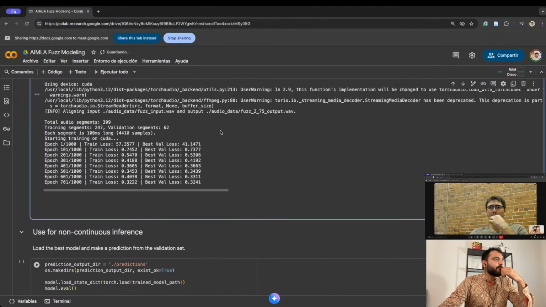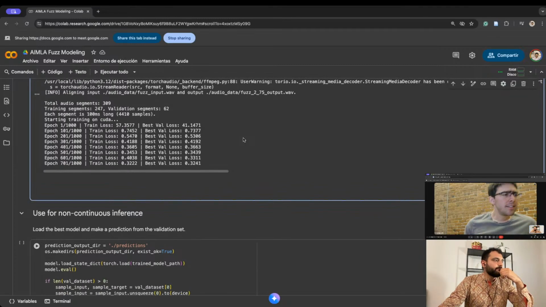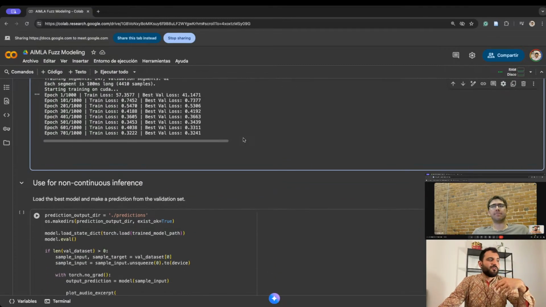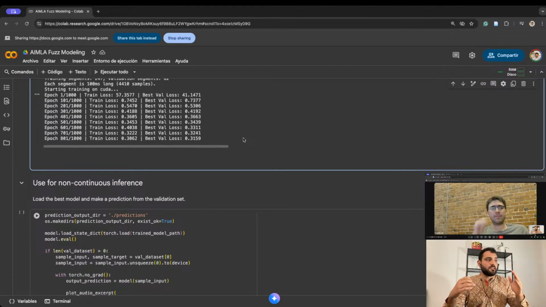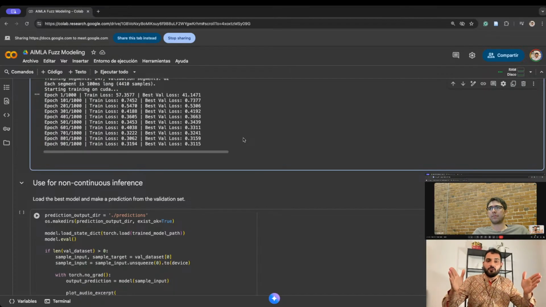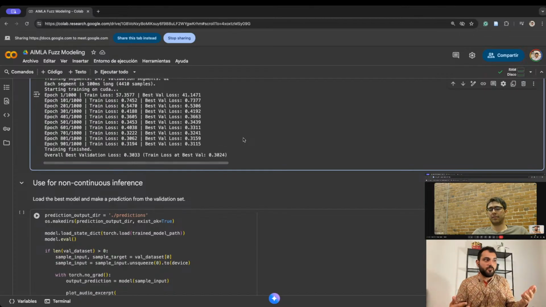So first of all, after it gets trained, we're going to use this model for what we call non-continuous inference. We have the model, it's trained already, and we're going to have a chunk of audio that is already available in the disk, and we're going to call the model only once with all this chunk of audio, and we're going to receive as a result a processed chunk of audio, which is the example that I was giving before.